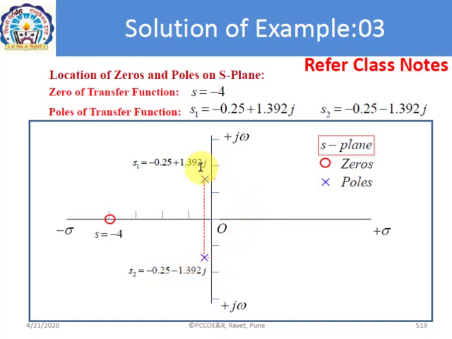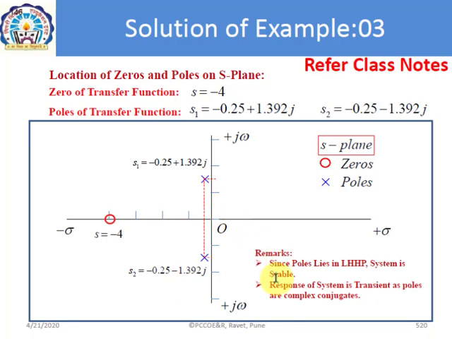We can observe here that the poles are lying on the left half plane and are complex in nature. So we can say that the response of the system is underdamped, or a transient response. So we can plot that response. First we will make a remark on the S plane pole location and zero location. Since the poles lie on the left half plane, the system is stable. This is the comment on stability, and that can be decided by the location of the poles. Since the poles lie on the left half plane, on the negative side of sigma, the system is stable.